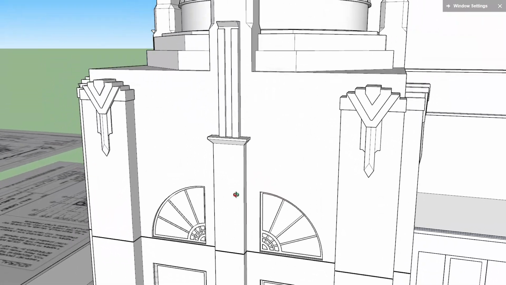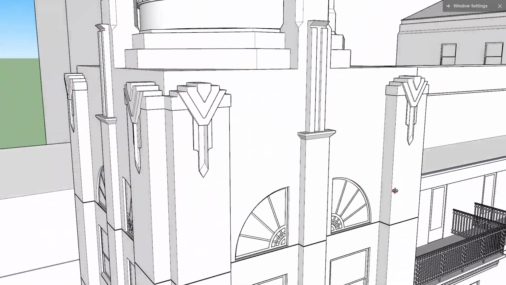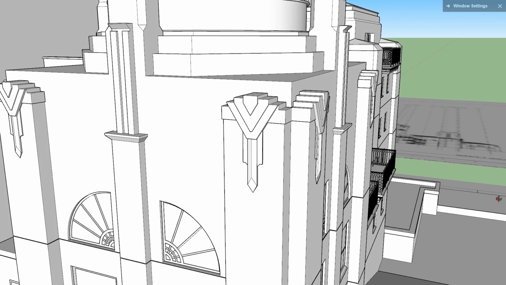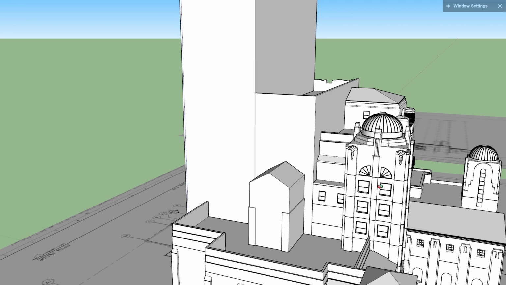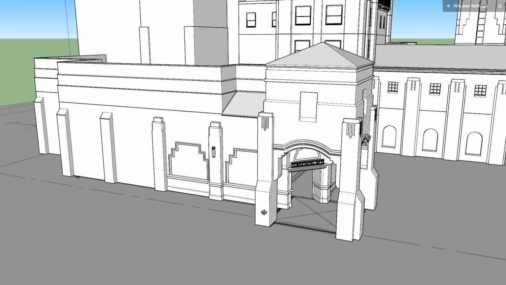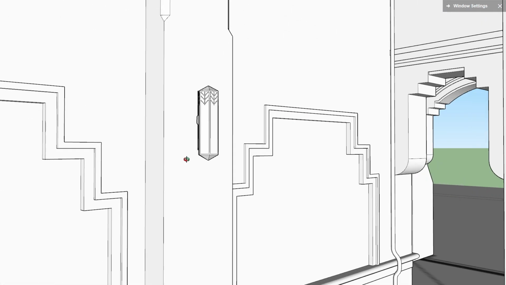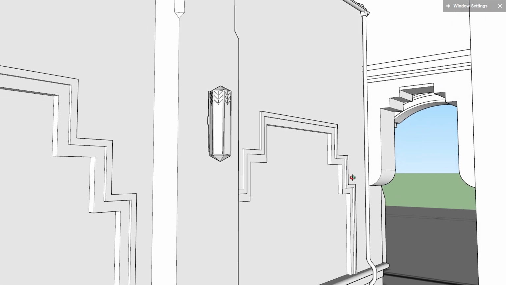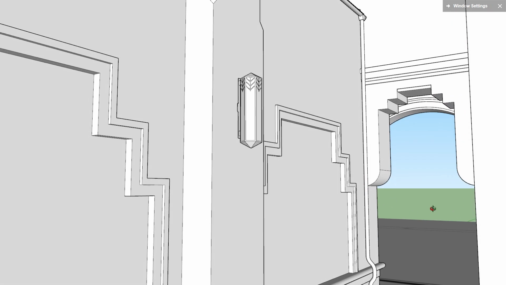You might not be able to see this kind of detail, but I think you will be able to. I think I'm going to do a free roam so that you can actually see the building from close up, and so as you can see here you can get to see a lot of details